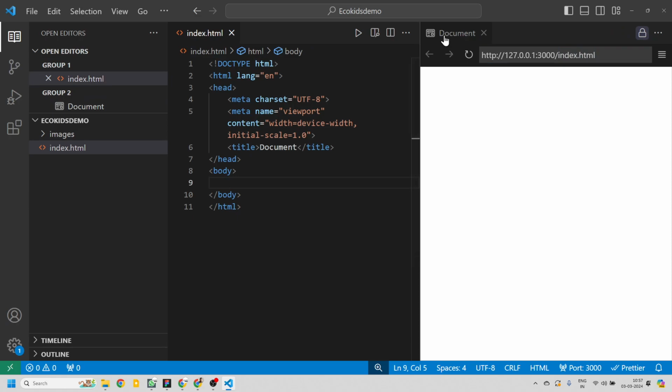Now here you see written "Document", that's the tab. Now if I change it to EcoKids, you see as I change it side by side, it is also changing, which is a good thing. Unlike every time you make the changes and save it and then again refresh the browser page. So we are saving 3 steps here by enabling autosave. The autosave is automatically saving the document and Live Server is automatically refreshing the page. That's beautiful, right? So EcoKids demo, that's going to be our